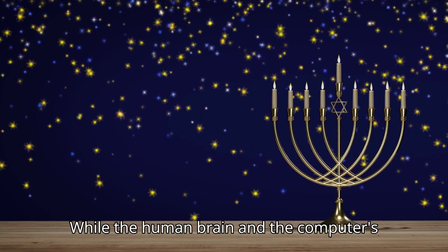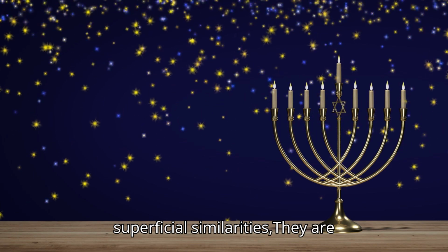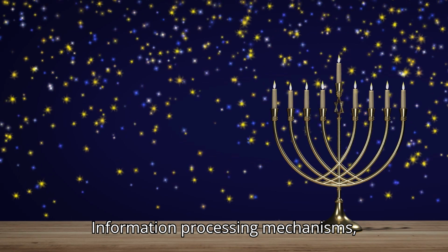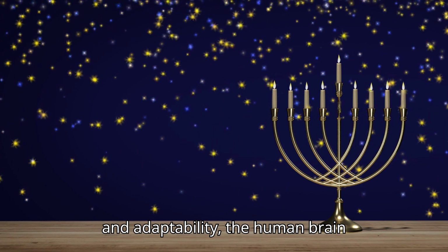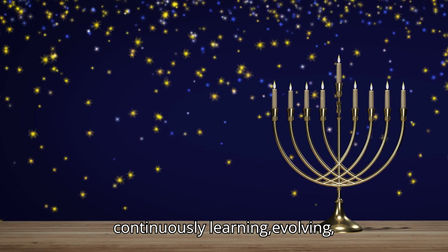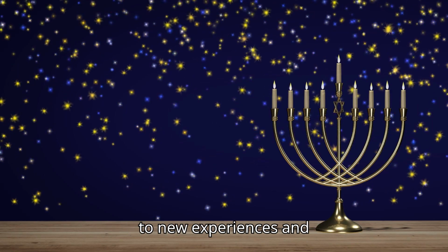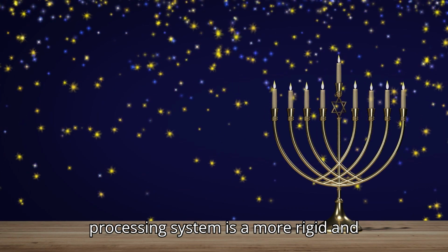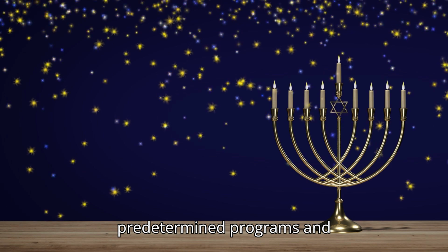In conclusion, while the human brain and a computer's processing system share some superficial similarities, they are fundamentally different in their underlying structures, information processing mechanisms, memory and storage systems, and adaptability. The human brain is a remarkably complex and adaptive system, capable of continuously learning, evolving, and reorganizing itself in response to new experiences and environmental demands. In contrast, a computer's processing system is a more rigid and structured system, relying on predetermined programs and algorithms to